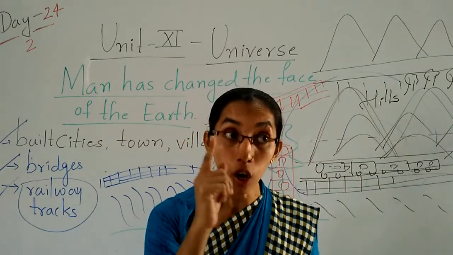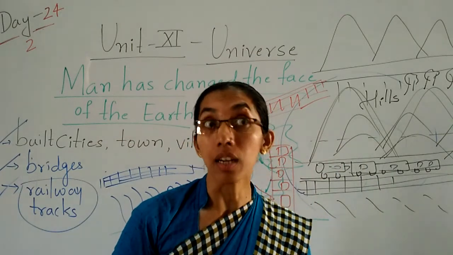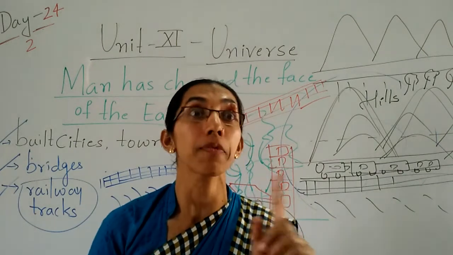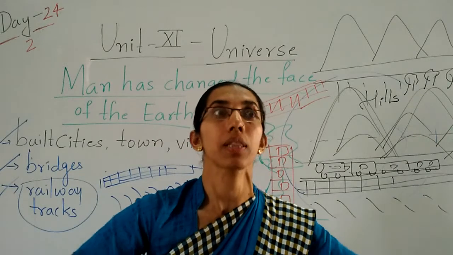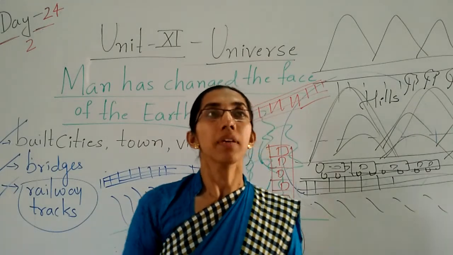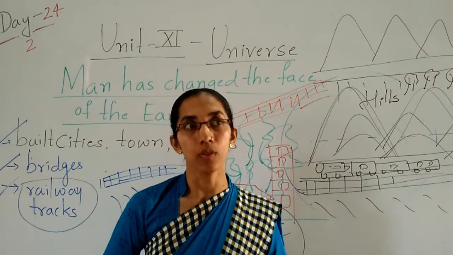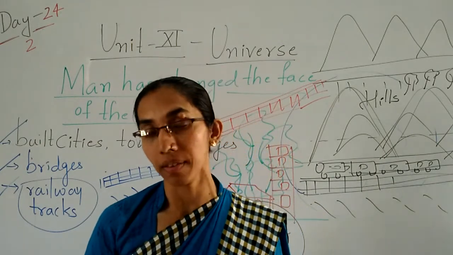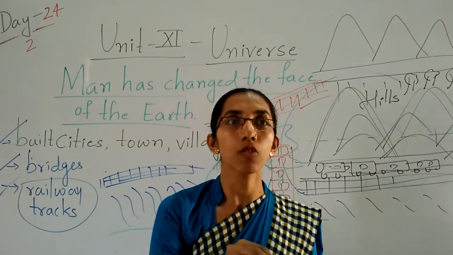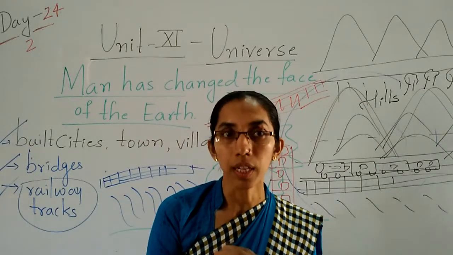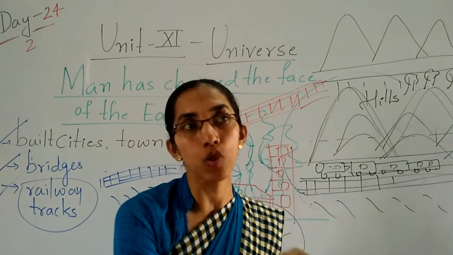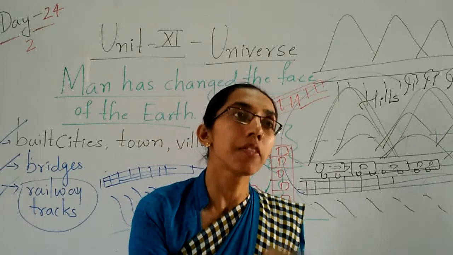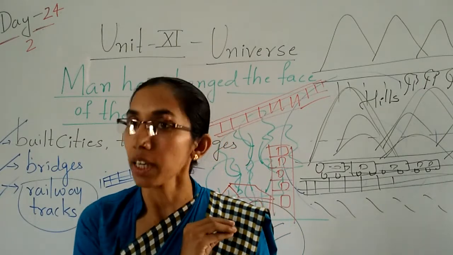Yeah, my children. So we have to respect other religions, other languages, other castes also. We should not differentiate because we all are brothers. We should live in peace and harmony. Clear children? I will give one example in the class. In your class, there are a number of students. Among those students, you can find some Muslim, some Hindu, some Christian, some Sikh people. So what will you do in the classroom, children?